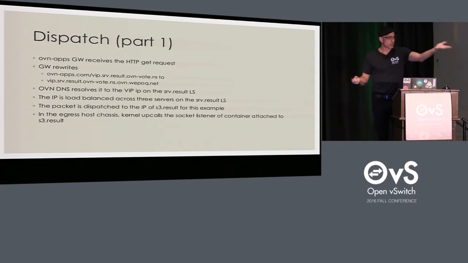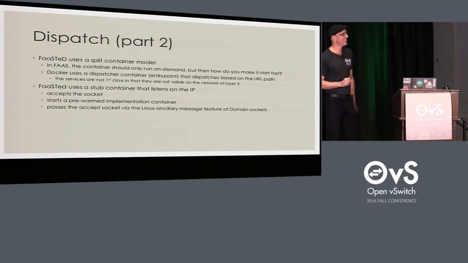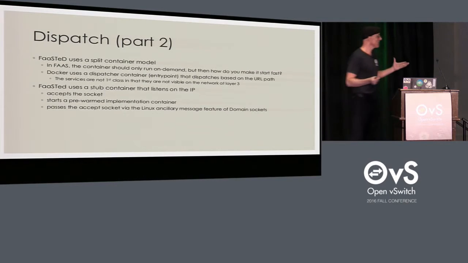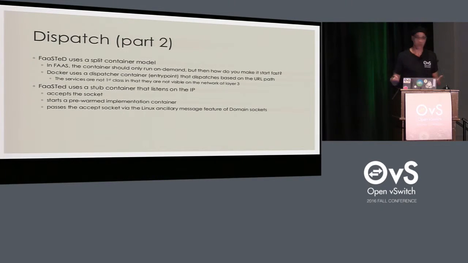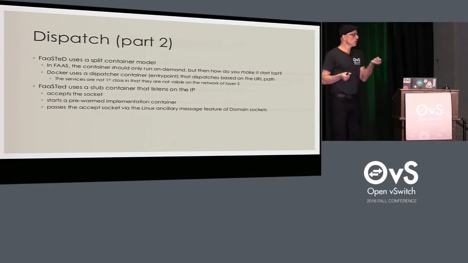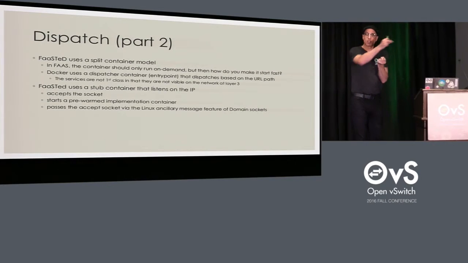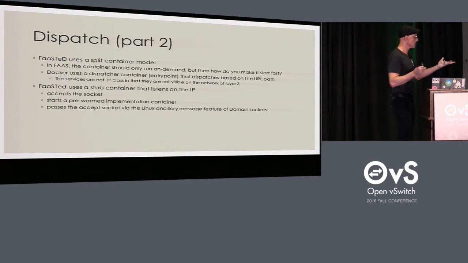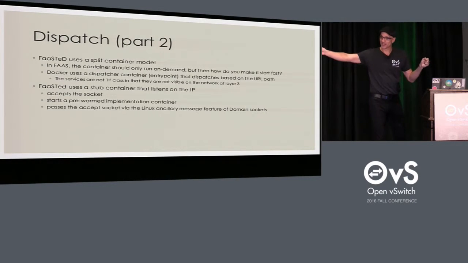Then it goes into the stuff that Guru has put together and demonstrated with the Kubernetes plugin, and it finally gets to the load-balanced instance, in this case s3.result. And this comes to the fun part. I'm not an OS guy, but I asked, how can I make the dispatch faster? The way the Docker folks did it was they have an entry point container which just sits there as a stub and then runs the Docker containers. They use CGI, if any of you remember what that is, to pass the payload through.